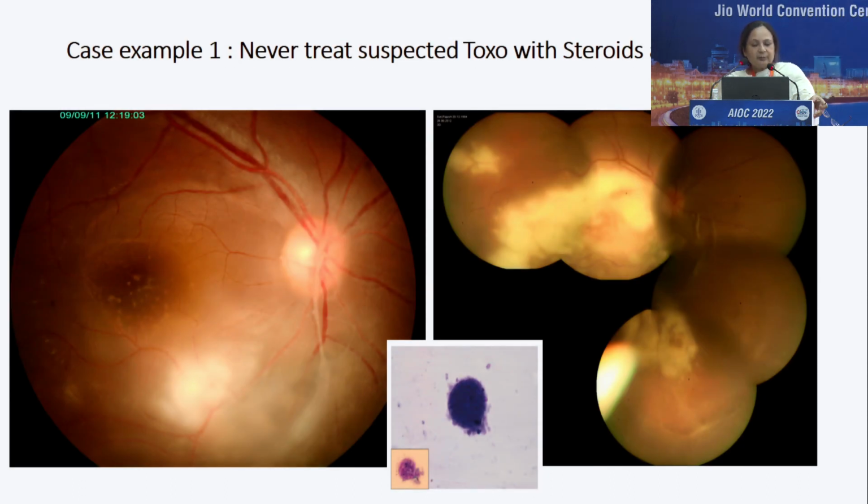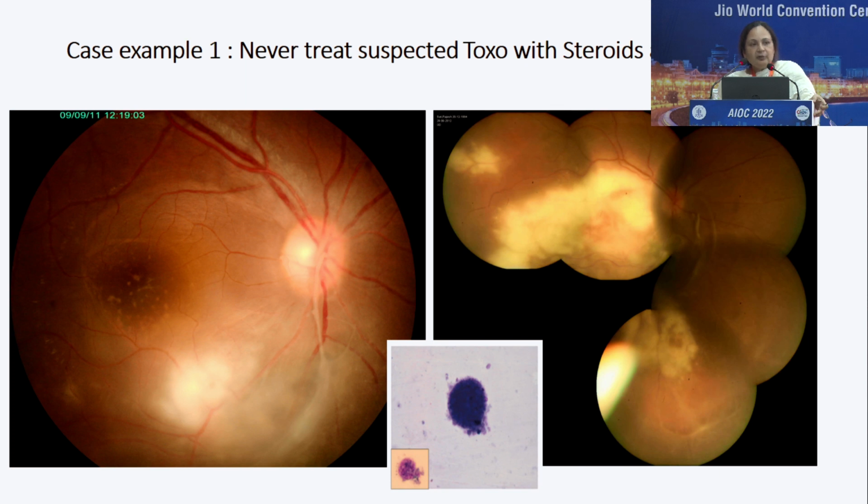Now this is an example of a patient. He was seen by the primary doctor like this. It looks like a very classical toxo. The doctor got confused with, I don't know with what, but treated with corticosteroids and with anti-TB drugs. And then he thought the steroids were not working, so he also injected sub-Tenon Kenacort, and this is what the patient had. A simple toxo turned into a kind of diffuse toxo simply because of the mistake in making the diagnosis first.